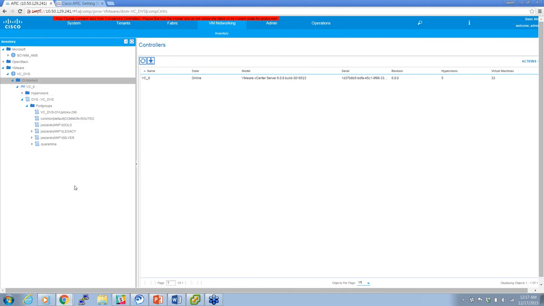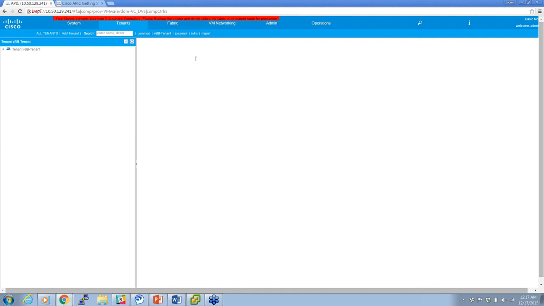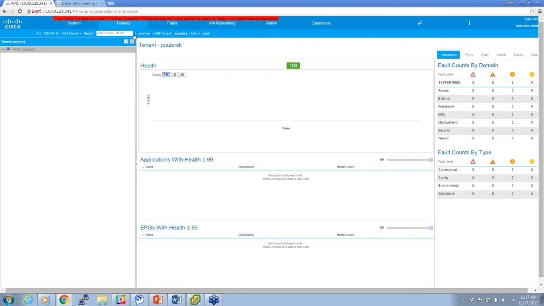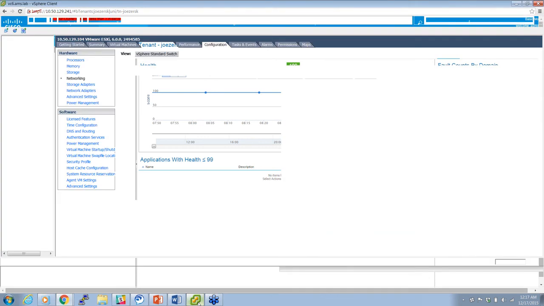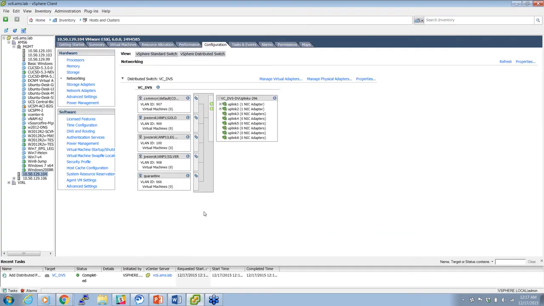So just to show you here, and I will build it out, we see some port groups in here. For instance, gold, legacy, silver. If I click on tenants and click on the particular tenant where those are created, because again, the EPGs are a tenant configuration, I can see EPG gold, legacy, and silver. Now, Brett, you asked what it looks like in VMware. Well, here it is. I have gold, legacy, and silver